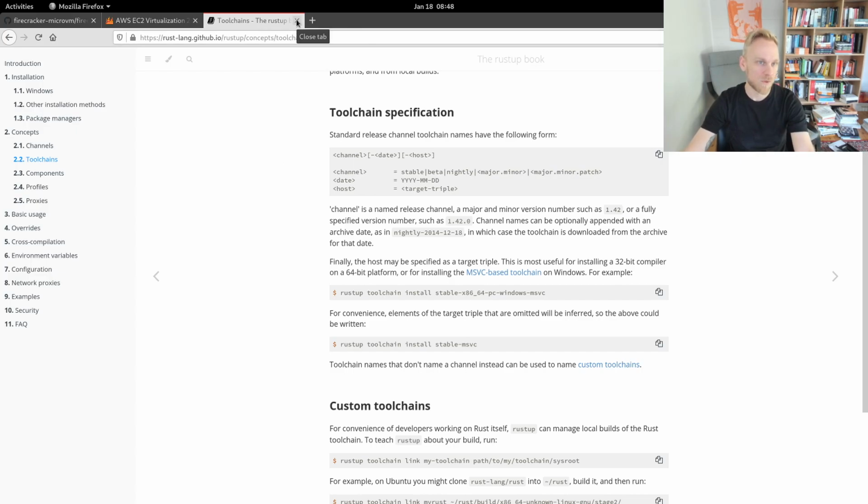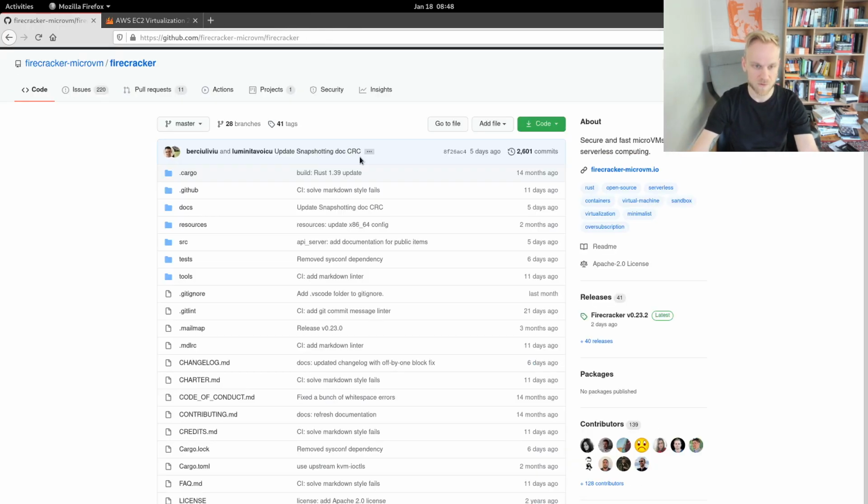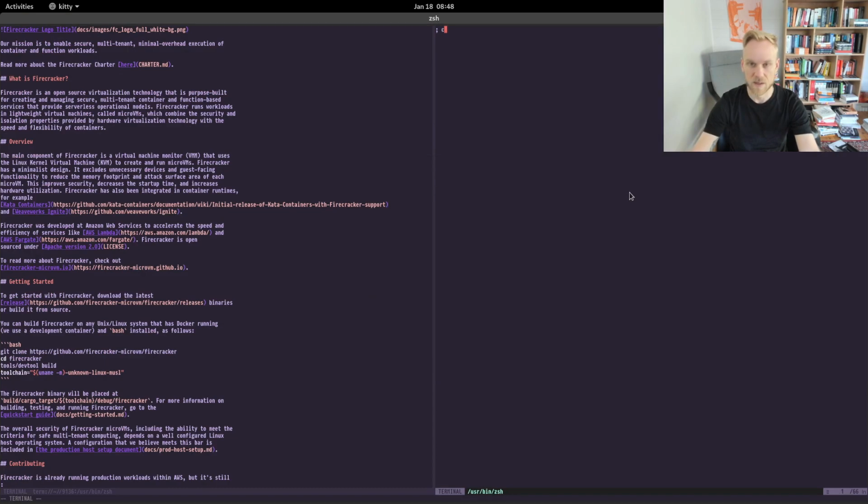So all the toolchain files do, right, is basically ensure that they override the running version or the default version on rustup.